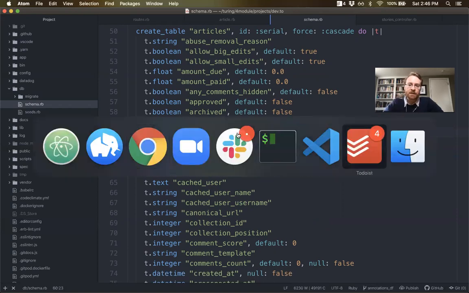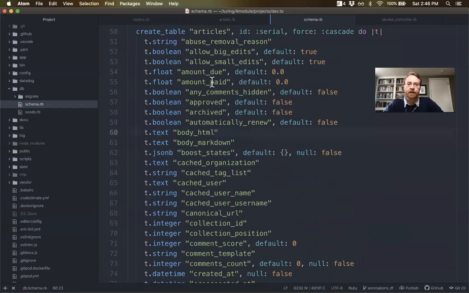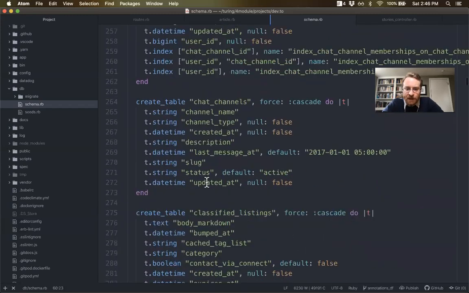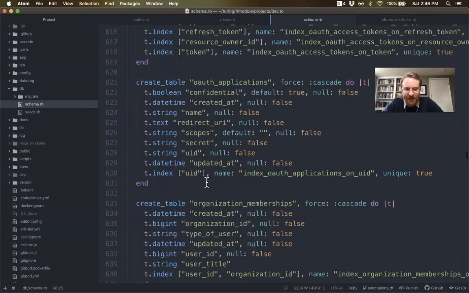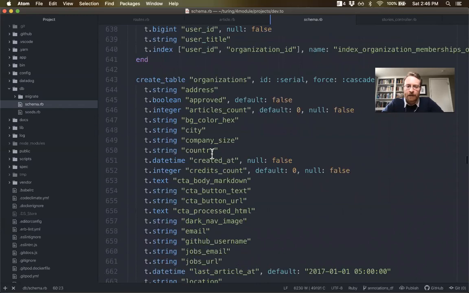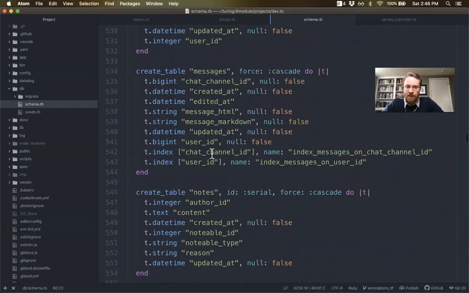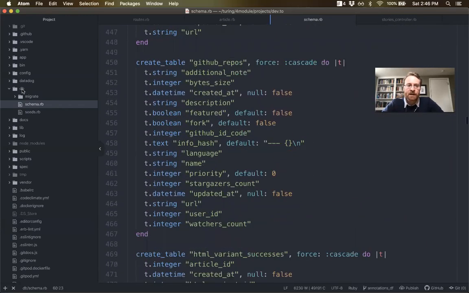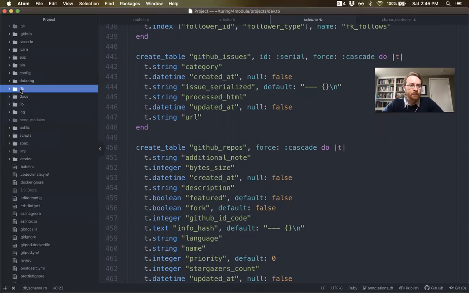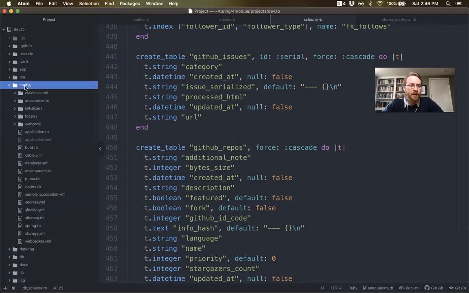But to come back to Postico, oh no, wait, I was going to show you how to get to it. This is not that place. I got turned around. So this is one place that you can look to remind yourself what columns are on this particular table. You can come into DB schema.rb and look at it here. But if you want to find the name of the database, you would look under config database.yaml,